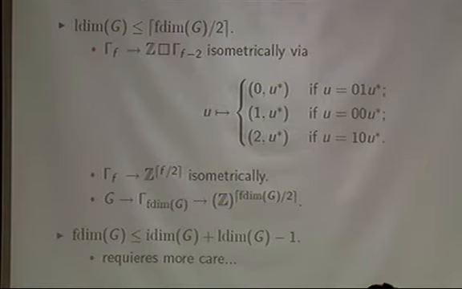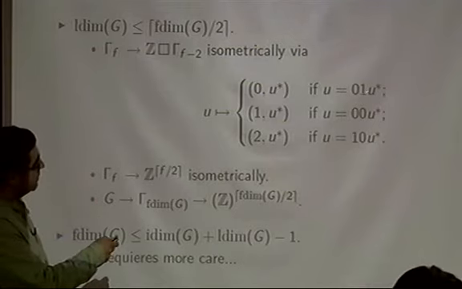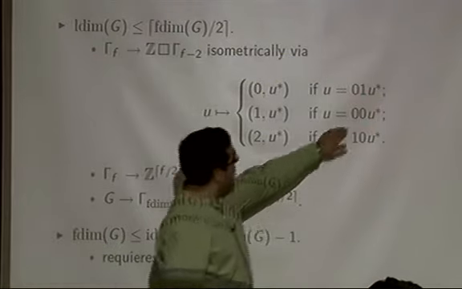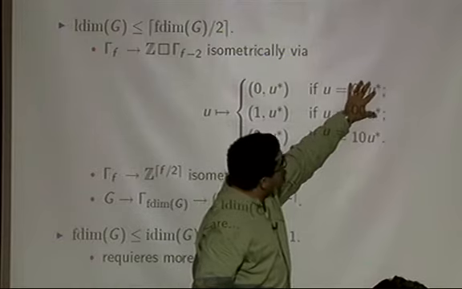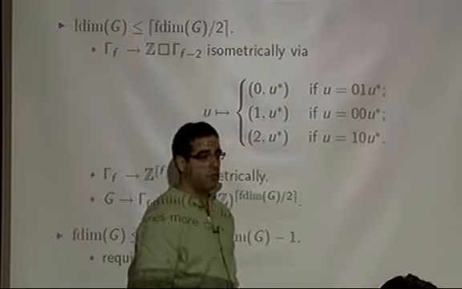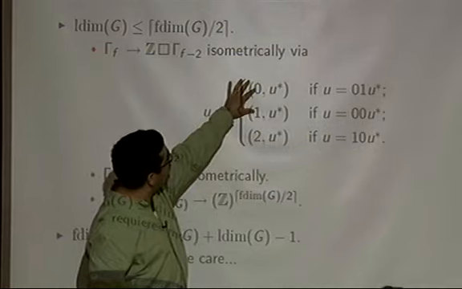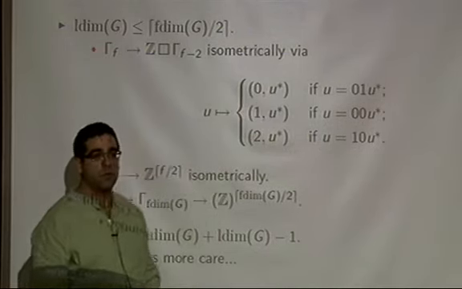How do you do this? You want to delete 2 coordinates. If you had a 0, 1, you put here a 0. If you have a 0, 0, you put a 1. If you have a 1, 0, you put a 2. 1, 1 cannot be, because this is coming from a Fibonacci string. Now, the distance between a point that looks like this and a point that looks like this is 1 plus the distance of the remaining. And here the difference will be 1 plus the distance of the remaining also. So this is a valid